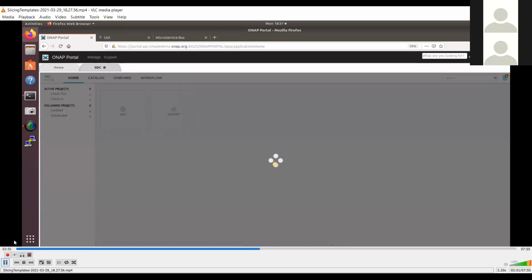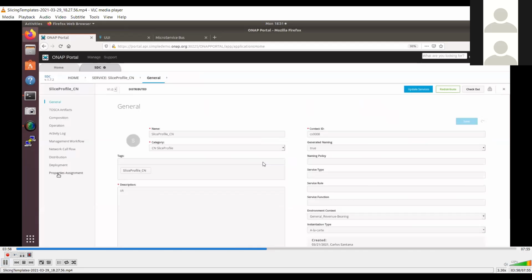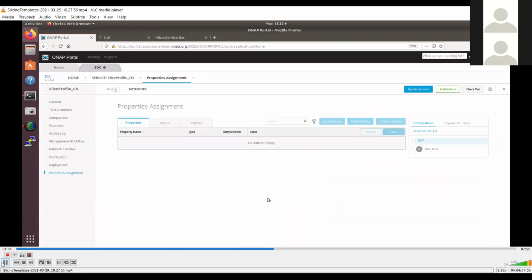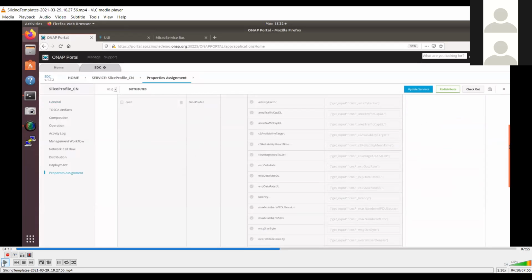So quickly going over to other components, we have the core network properties. As we see in the core network, we'll have a similar set of properties, in addition to some additional numbers. For example, the traffic cap on the upload, and then the availability target, reliability mean time, and so on; all these fields are associated with 5G core networks as per the standard.